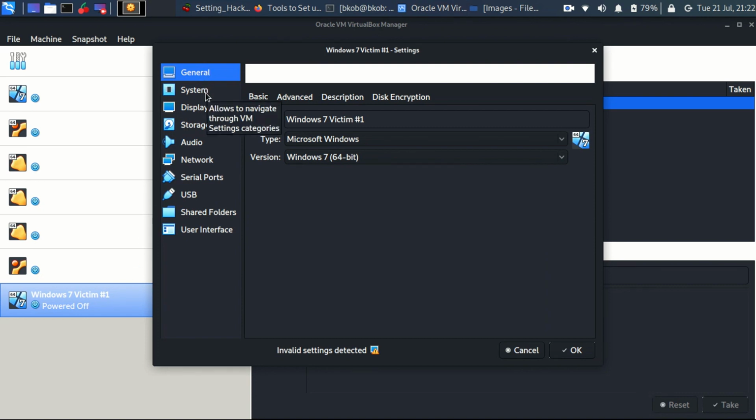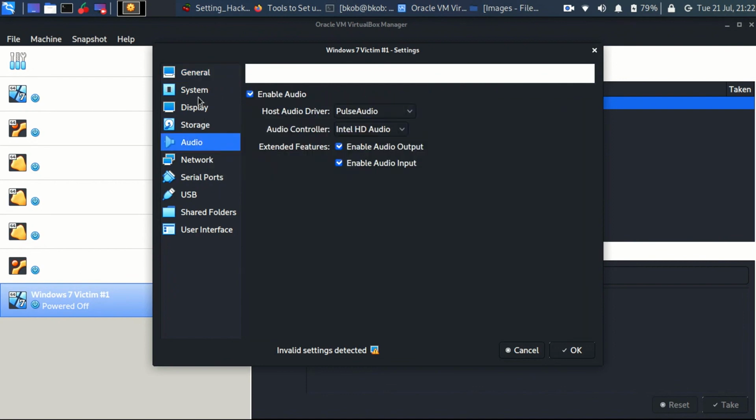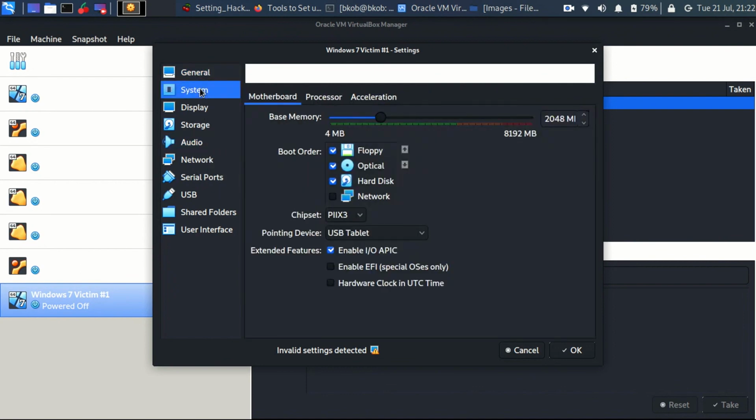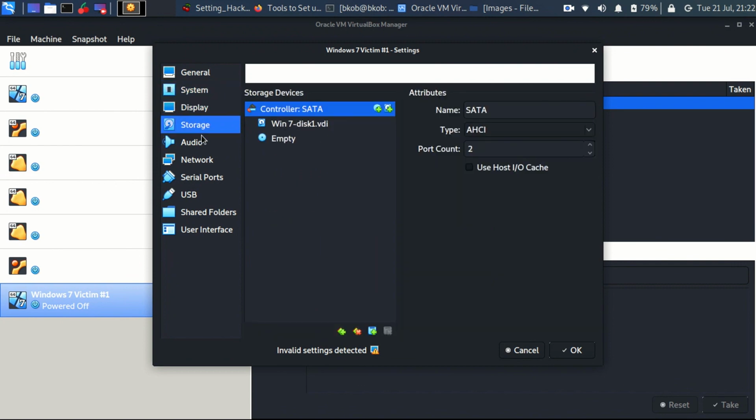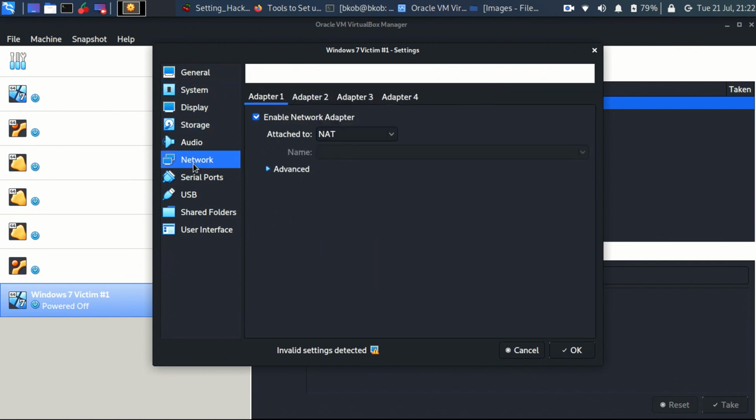Here we have various settings to change the CPU, number of CPUs, RAM size, storage, audio, and all those settings. In this case, we are interested in the network. By default, the network is attached to NAT, but I would prefer a bridge network instead of NAT, as it improves efficiency to some level. So bridge would work perfectly fine.